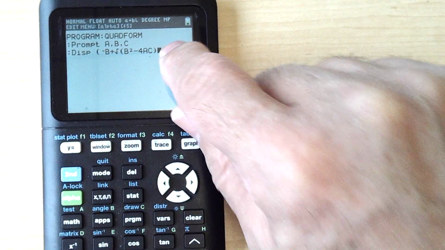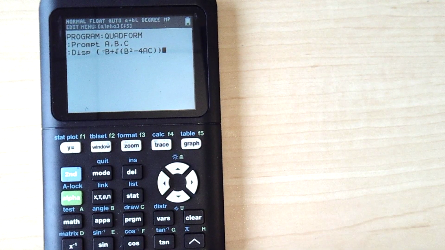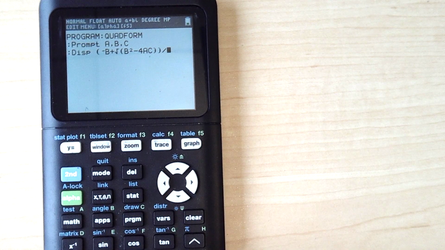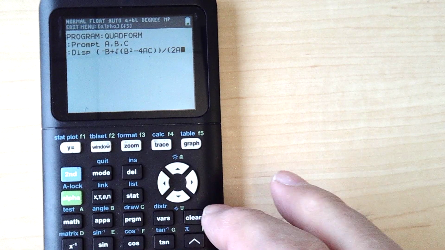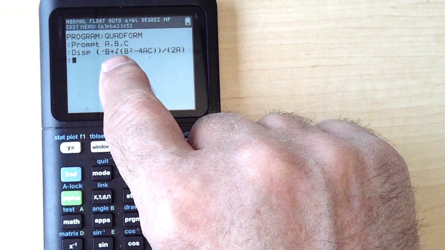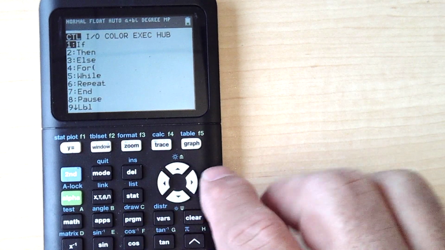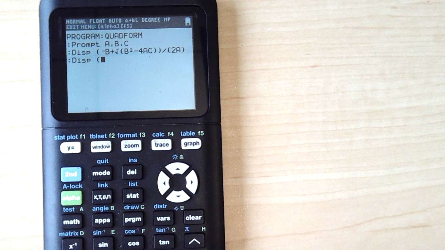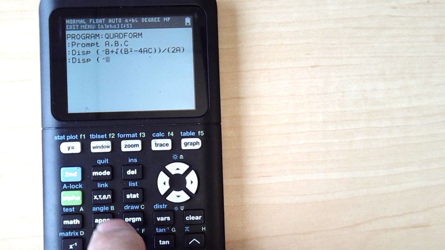and then I have to have another one to close the numerator, divided by, and then I have to put the 2A together, so I have to go parenthesis 2 alpha A. And then I'm going to type that all again, except with a minus there. Program, input, output, display, parenthesis, opposite of B,